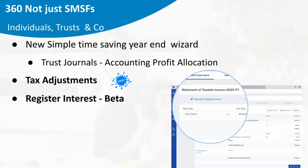But it might also be you're seeing an uptake of people accumulating wealth outside SMSF. So we've been spending a small amount of resources, we're still focused mostly on SMSF, but we've also been building up our trust reporting. So this is in beta at the moment. And we've just added this new